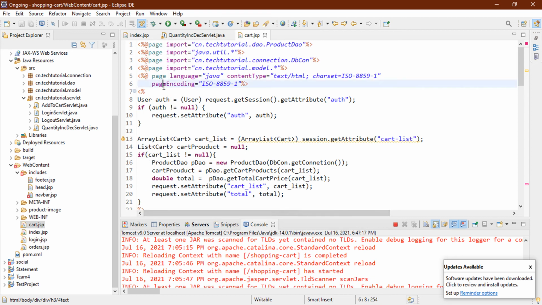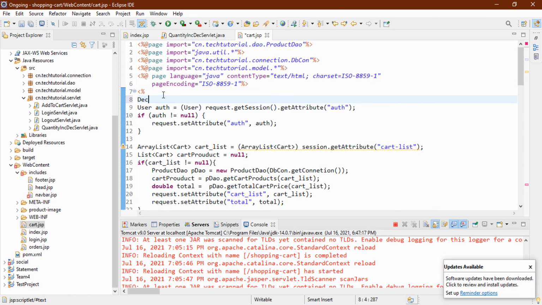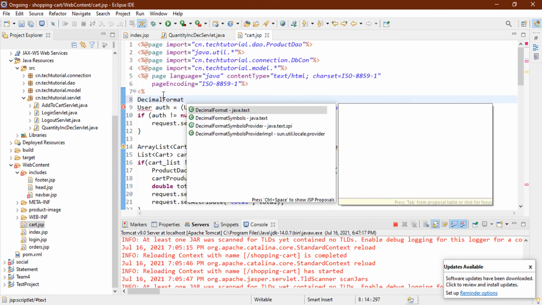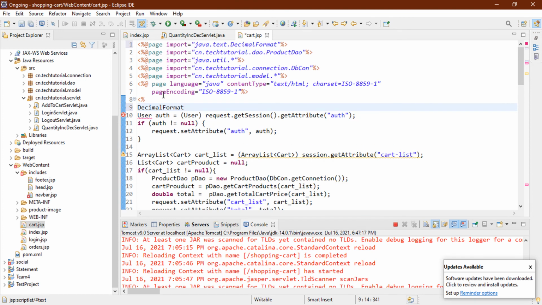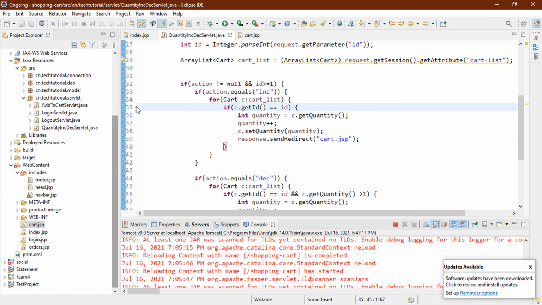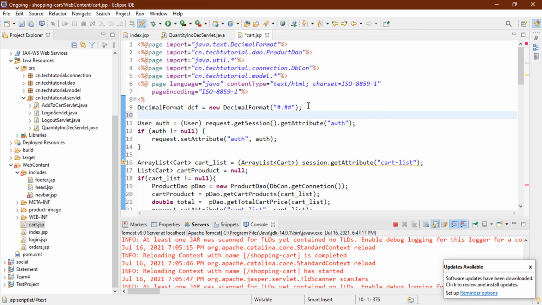Let's say DecimalFormat, from java.text, import that, then dcf equals new DecimalFormat, and pass the parameter hash dot double hash. That means the number, and after the decimal it will take only 2 digits. Then set that in the request scope: request.setAttribute("dcf", dcf).